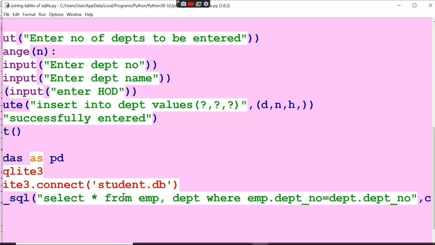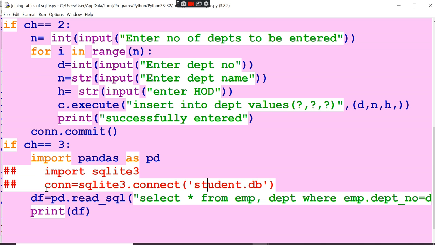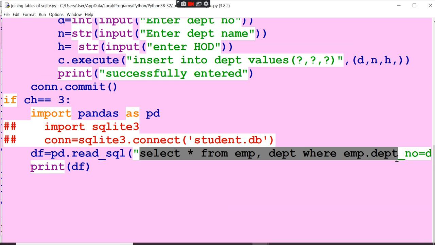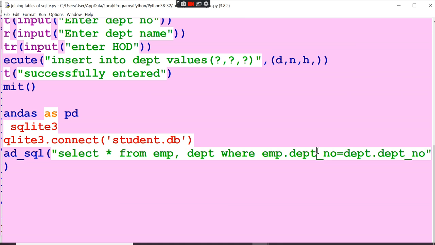Now again I want to join both the tables. So which choice did I keep the joining query in? Third, this one. So now if choice is true, you are going to show this one. Could you understand? The select query of these two tables where employee department equals department dot department number. This query should now be executed by the system.